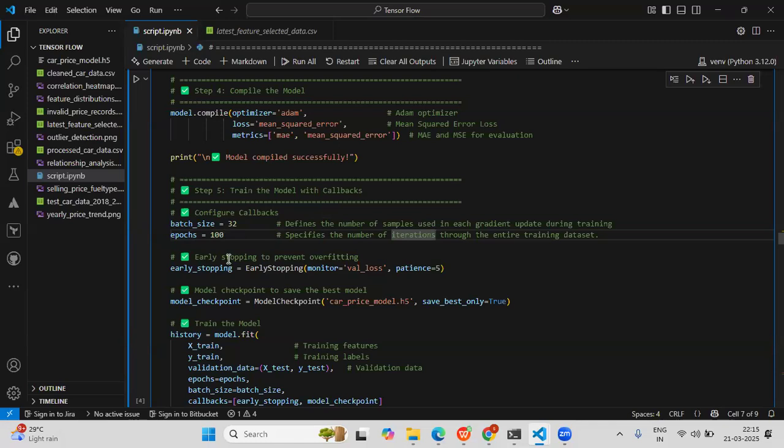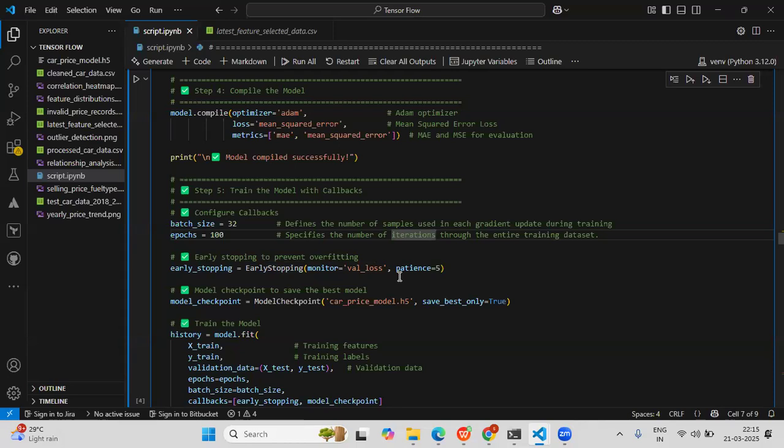And after that, I'm using early stopping. Early stopping is a callback technique where it will stop training when the model stops improving. It will automatically stop the model by monitoring the loss value, with patience equal to 5. This means whenever the model does not improve for 5 consecutive epochs, it will automatically stop training.